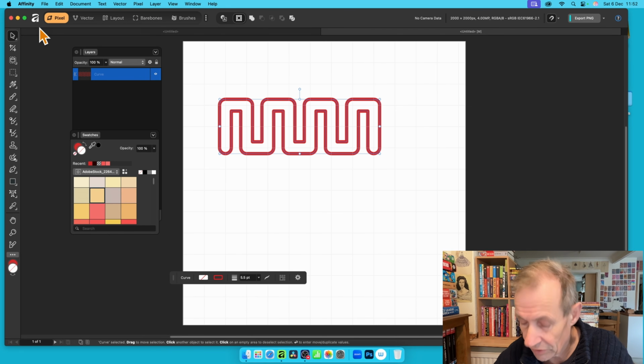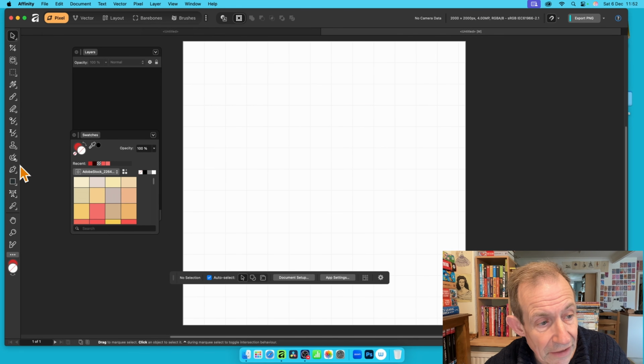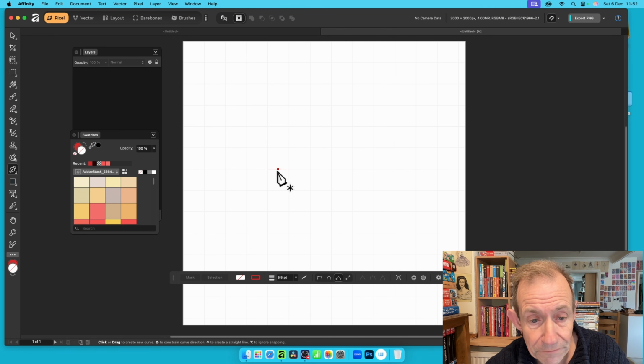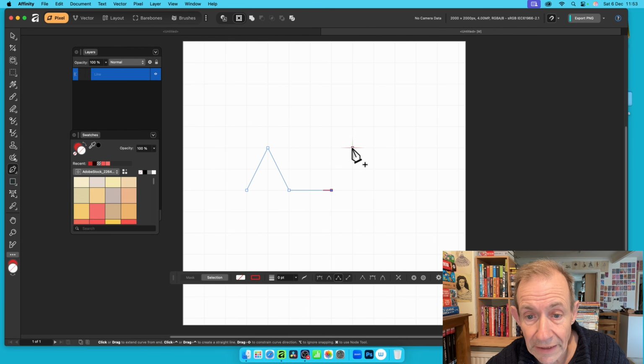So let's just remove that one again and then do a final one. So pen tool, you could create something like this. So click there, click there, click there, and maybe go along like that. Click there, there, and again, you don't have to have it equal. I mean, you could just do 2 there, space 1, and so on. You could see all kinds of different designs, or maybe